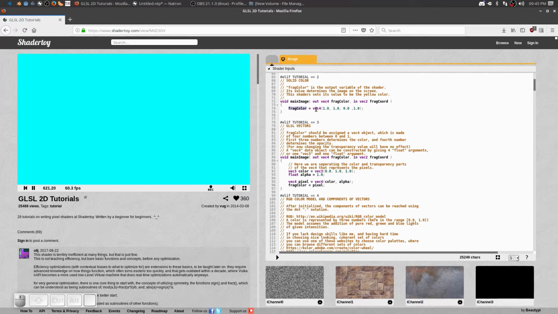In this one, right, they just assigned the frag color a vector4. That's what happened up here with 4 different float values. Well, down here they're just showing you that you can do the exact same thing, as the comment right here says. Here we are separating the color and the transparency parts of the vector4 that represent the